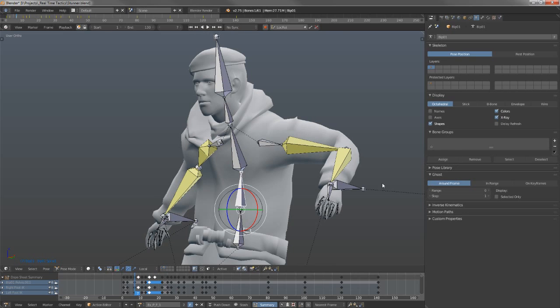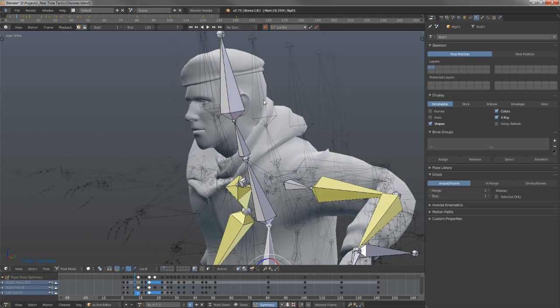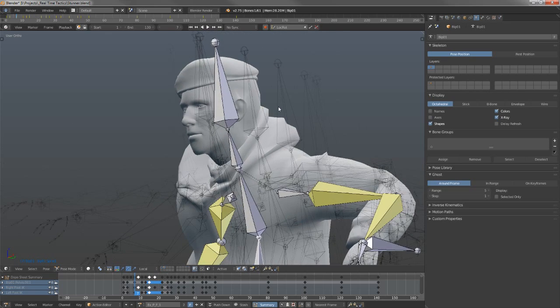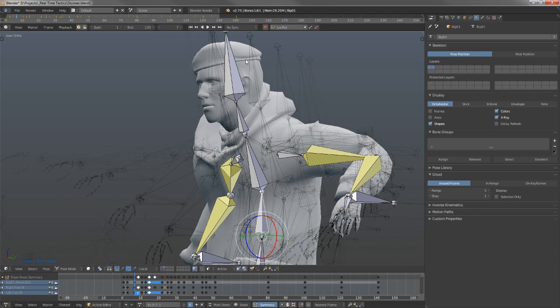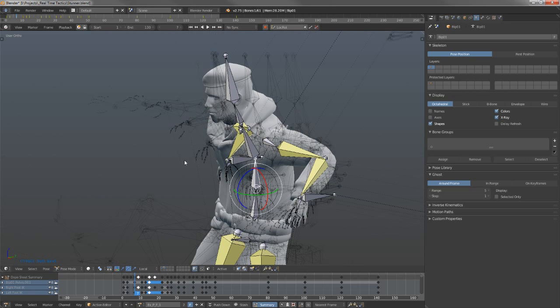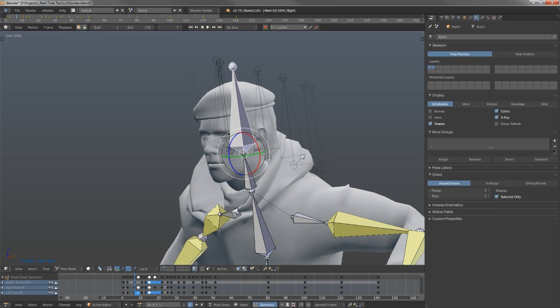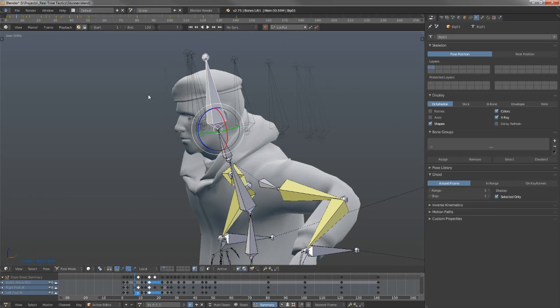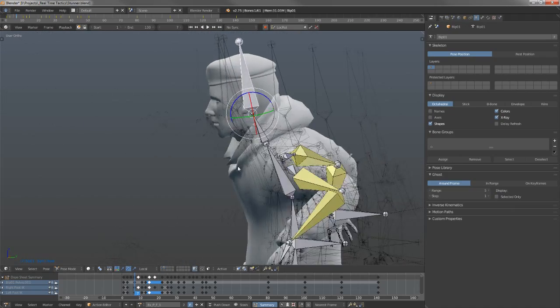Now, what Ghost is basically, you set up a range, and as you can see when I raise it, even though it's just a little bit gray, I think you'll probably be able to see. It just makes a ghost of other keyframes, or the positions our bones are going to have, based on the parameters we have over here. If I click selected only, it will only ghost the selected bone basically. If I uncheck selected only, then it's going to